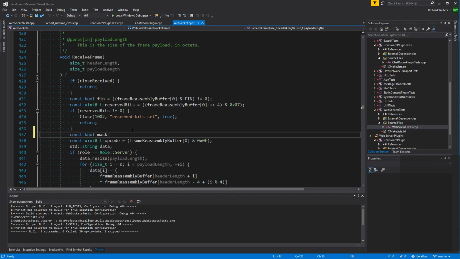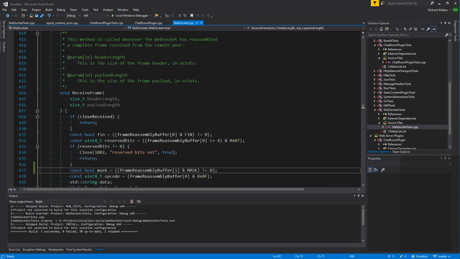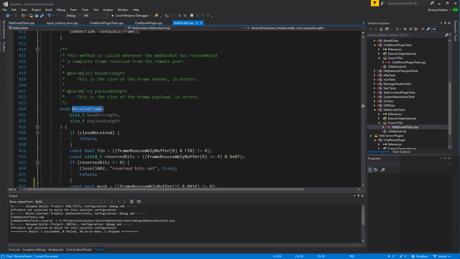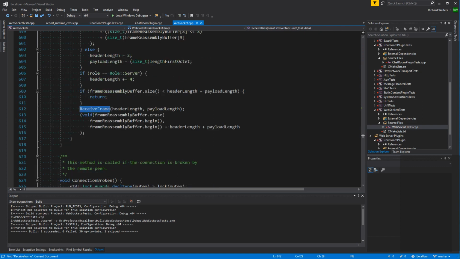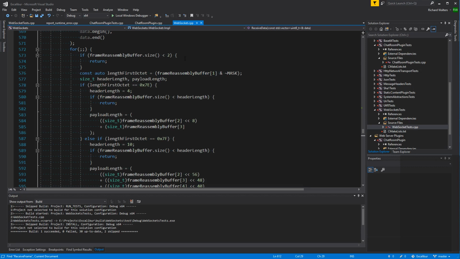Const bool mask equals frame reassembly buffer 1, mask not equal to 0. I'm just wondering, does receive frame always get given at least a minimum size? Okay, I think it is. Yeah, there's a check to make sure that the size is big enough.